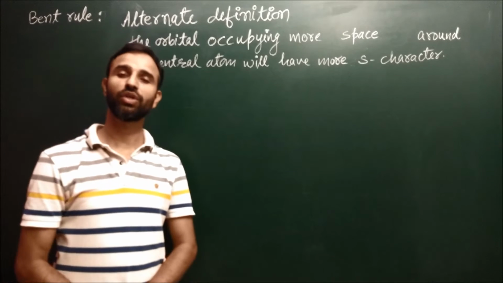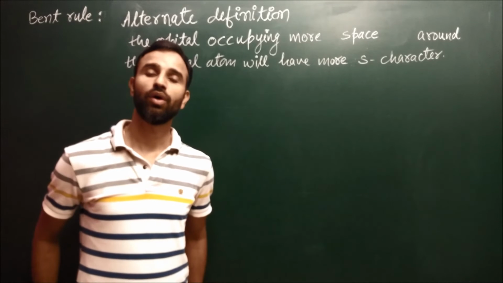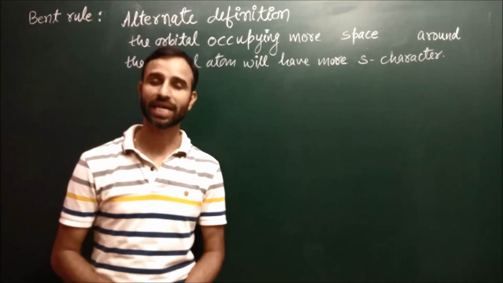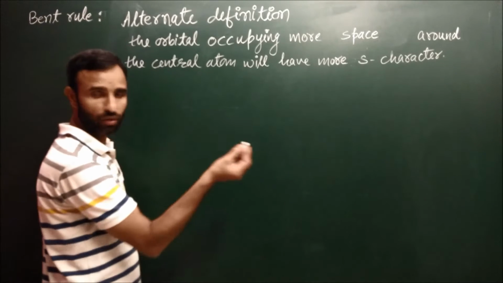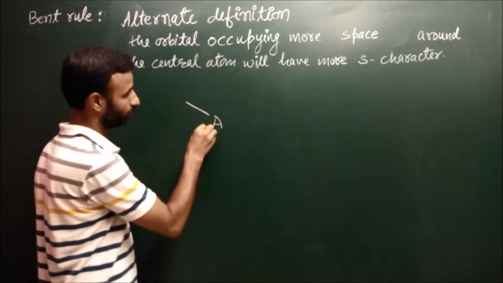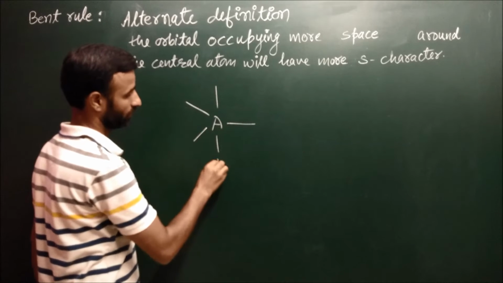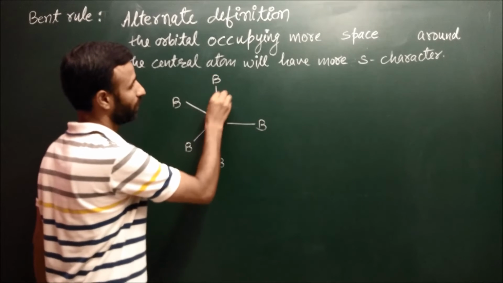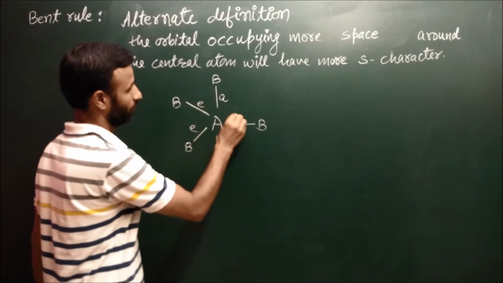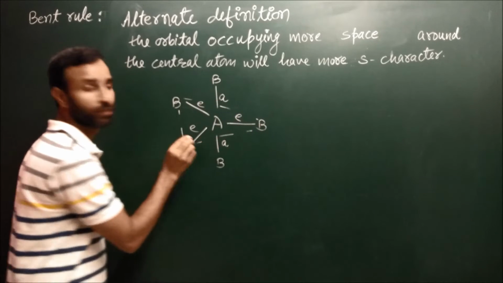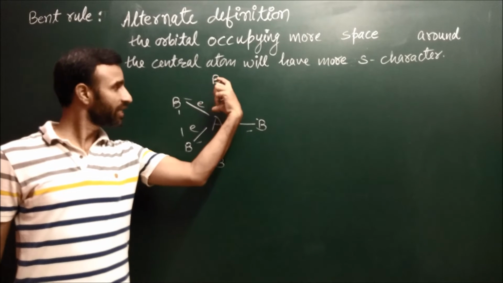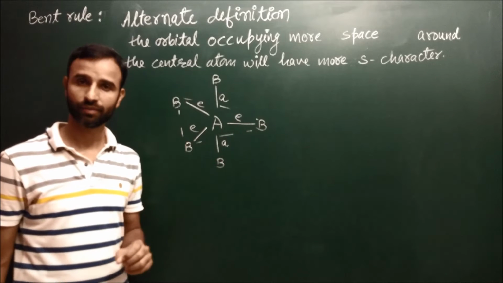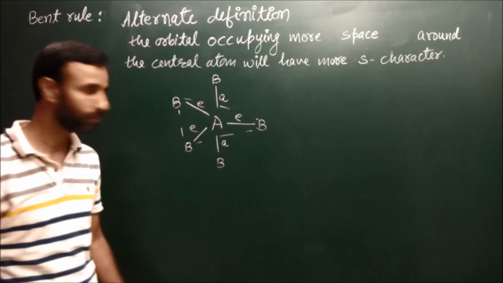So alternate definition of Bent's rule is that orbital occupying more space around the central atom will have more S character. So for trigonal bipyramidal geometry, you know, this is the case. 5 bond pairs. Now, an axial bond is in the neighborhood of 3 equatorial bonds at 90 degree. Means